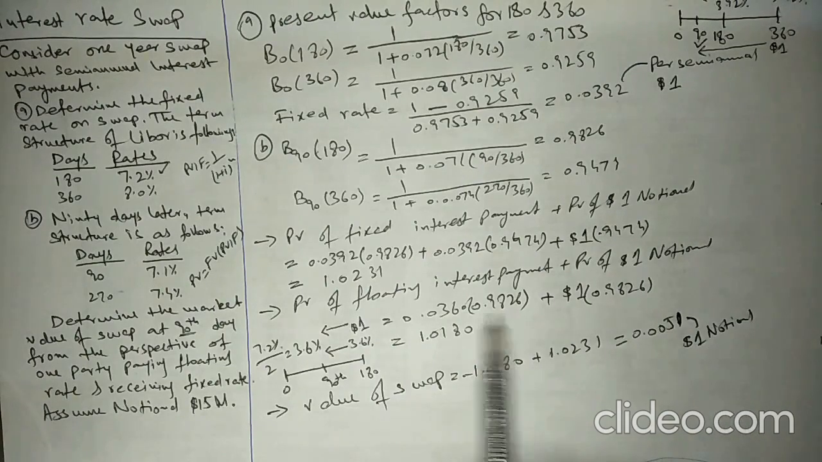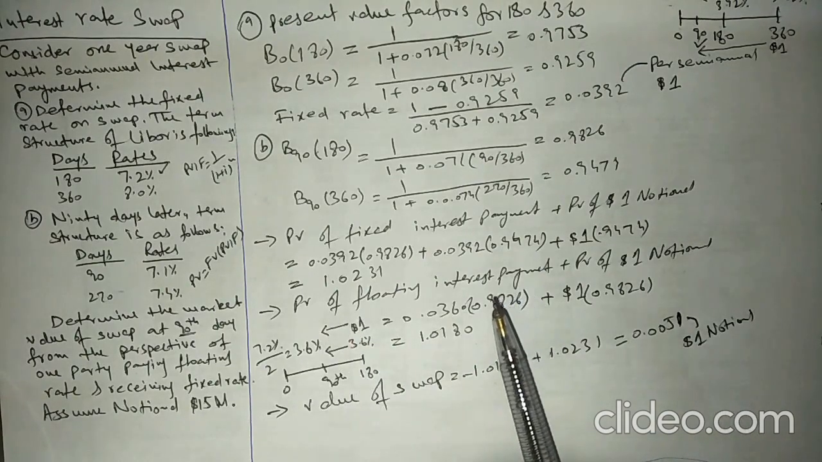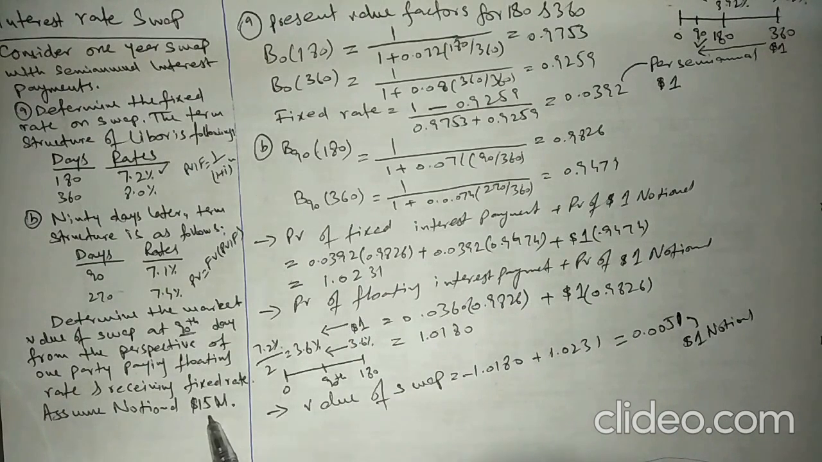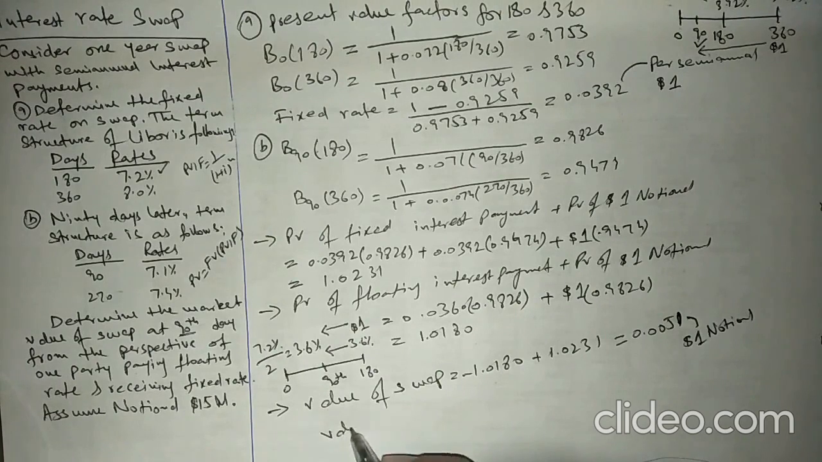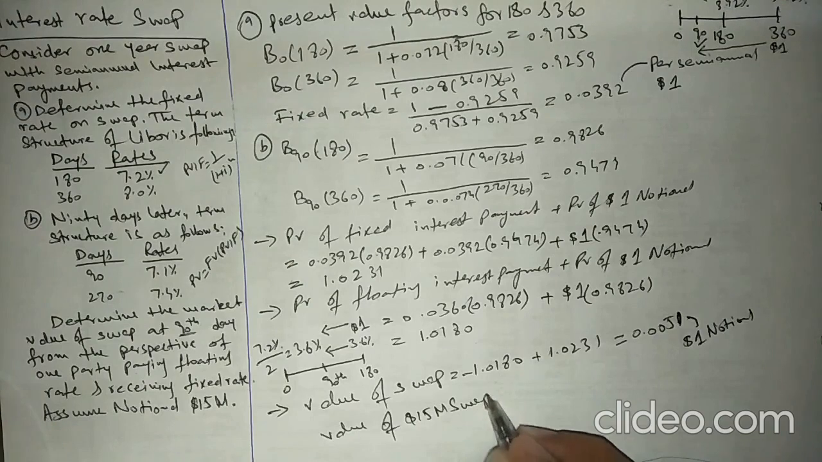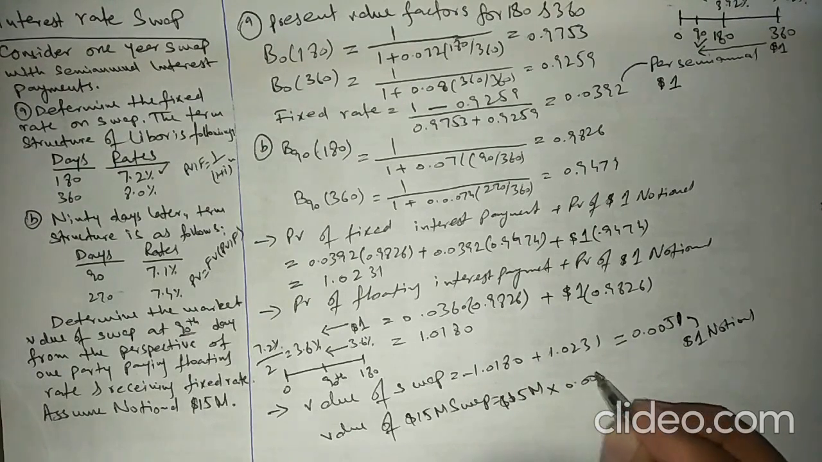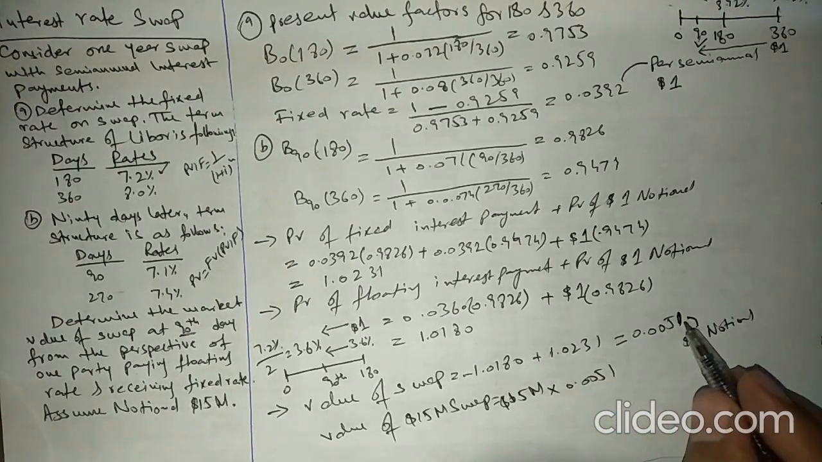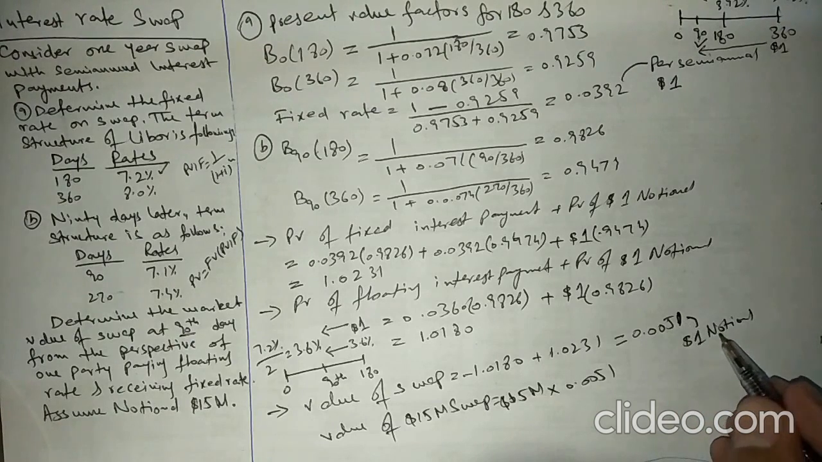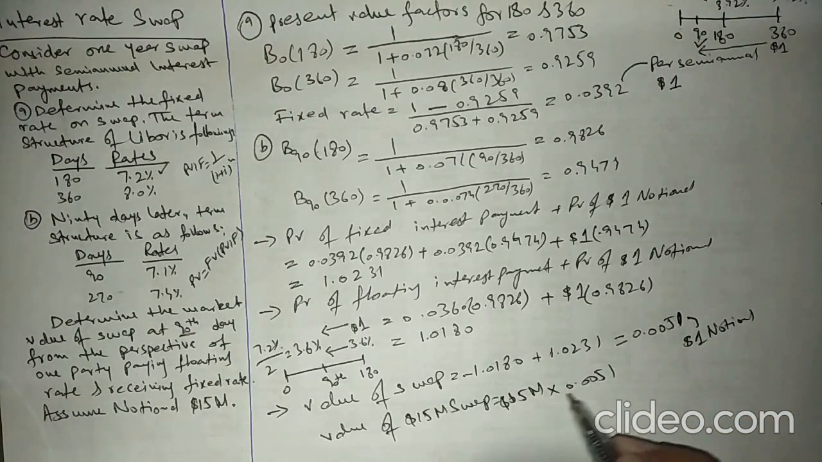So if the swap agreement between two parties has a notional principal of $15 million, we can calculate the value of the $15 million swap by multiplying $15 million with 0.0051, because this 0.0051 is the value of the swap against one notional. So here we need to calculate the value of the swap against 15 million notional. Now we multiply 15 million by 0.0051 and the answer is